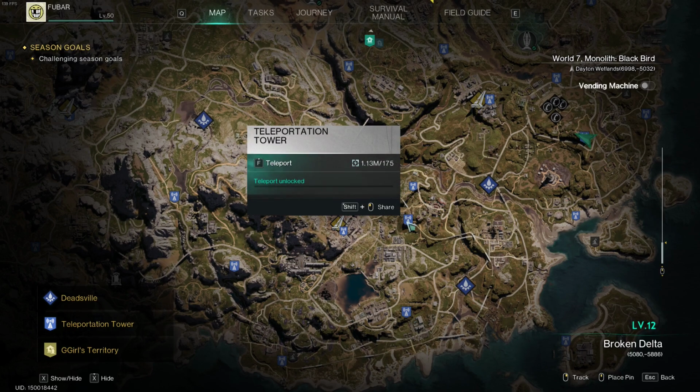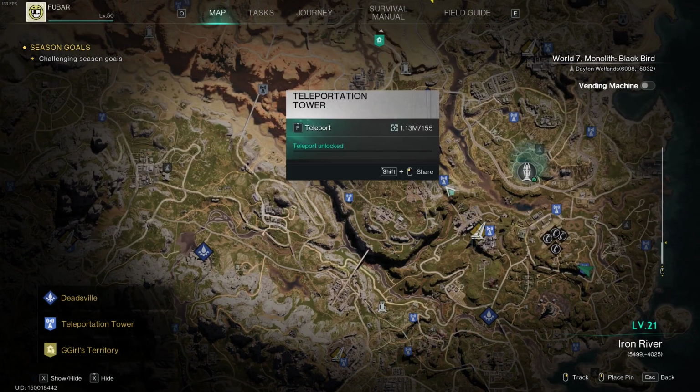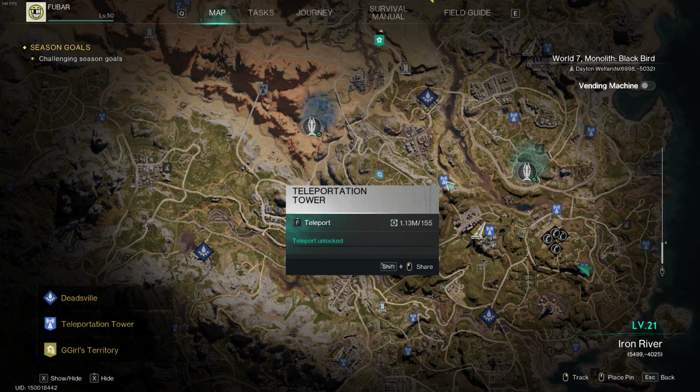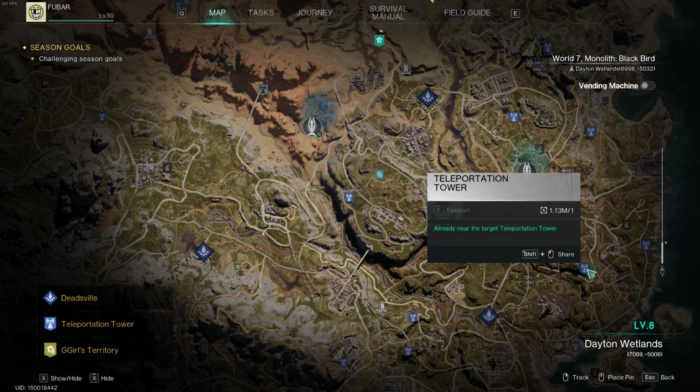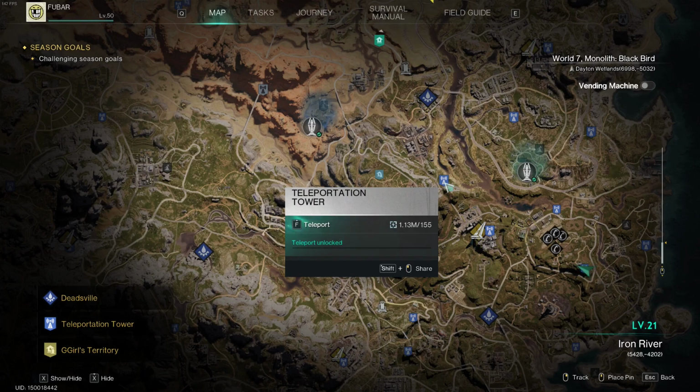So as you can see, you have teleportation towers. You've got to unlock them, so always grab them. They cost money to use them. Again, you have to be at the tower to teleport to another tower. You can't be like here and teleport to a tower. They cost money, and in the beginning it seems like a lot of money, but I have